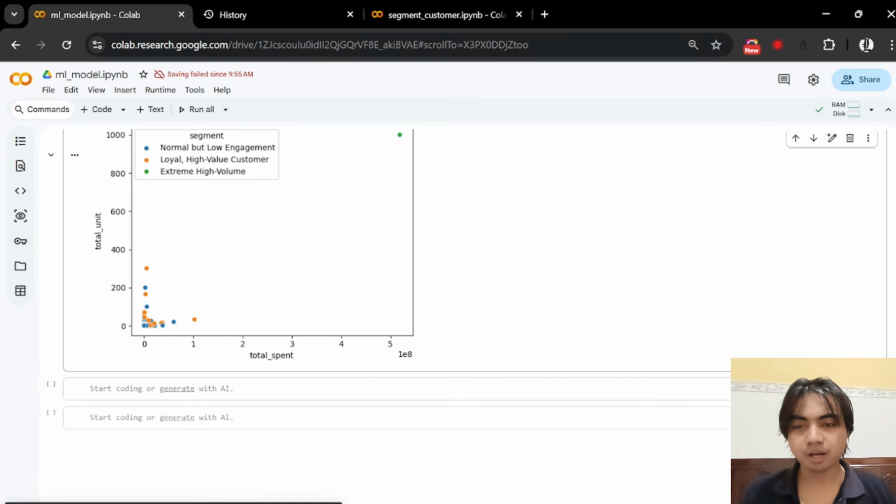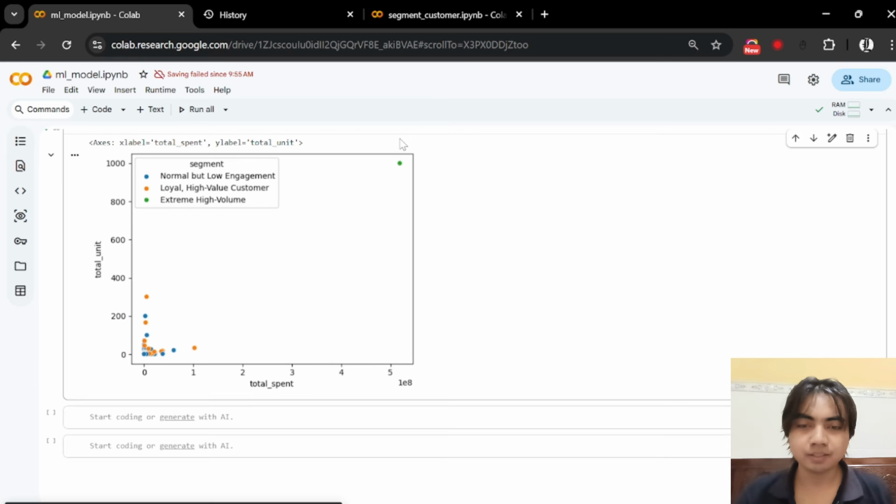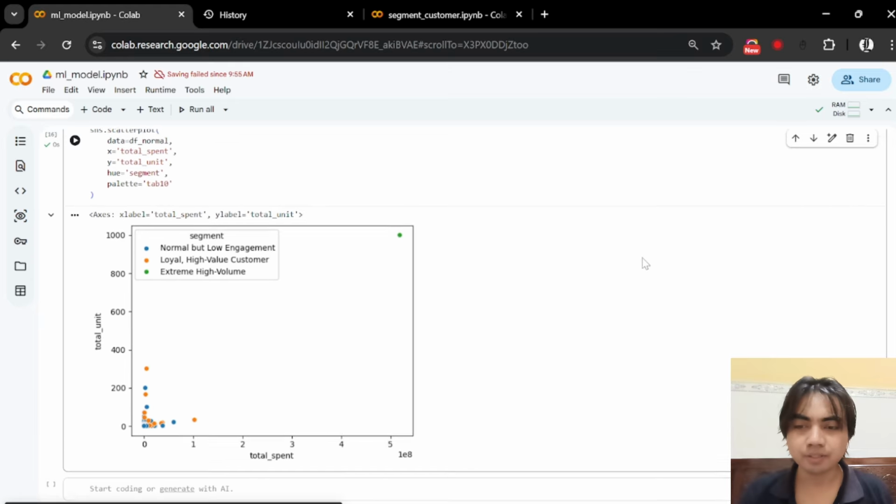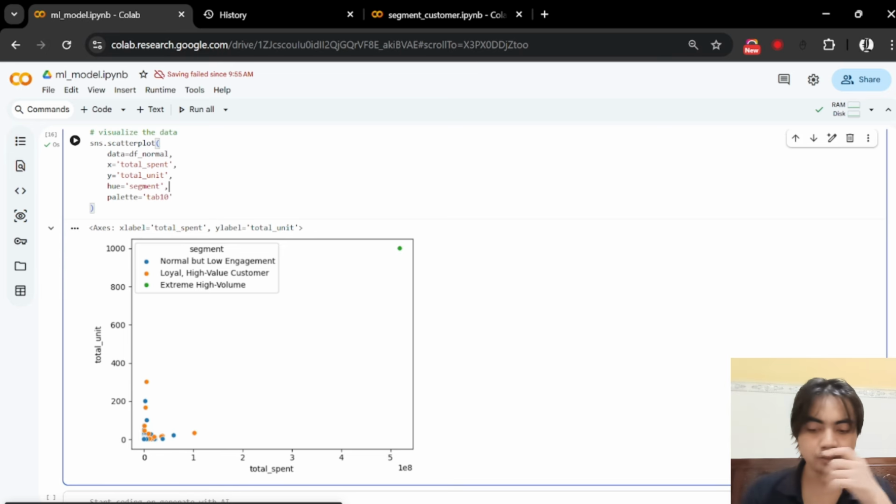And as you can see, this is our customer segmentation for the normal registration. We have the blue dot, which is the normal but low engagement, and then we have the orange dot, which is loyal high value customer, and the last thing we have is the green dot, which is extreme high volume customer, and it's clearly such an extreme case, of course, right? So that is for the normal dataset, and let's copy this and do the same thing